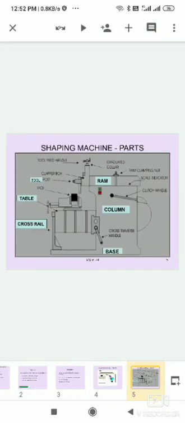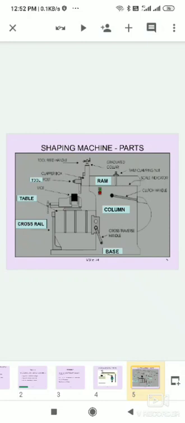The main parts of the shaping machine: first one is the base, column, ram, table, cross rail, tool, and tool post.